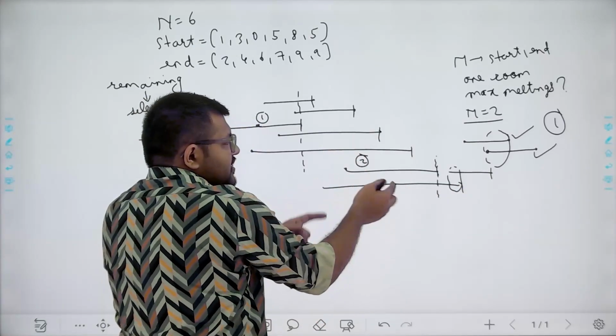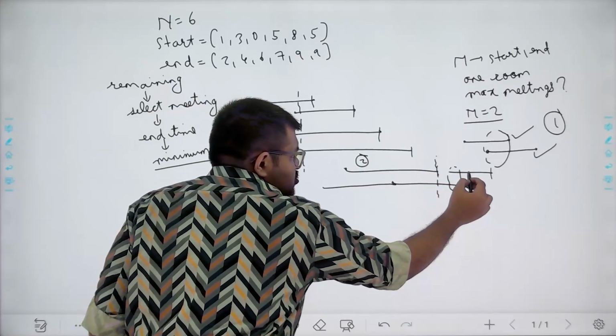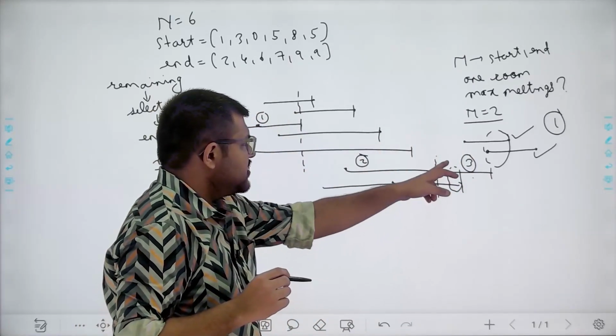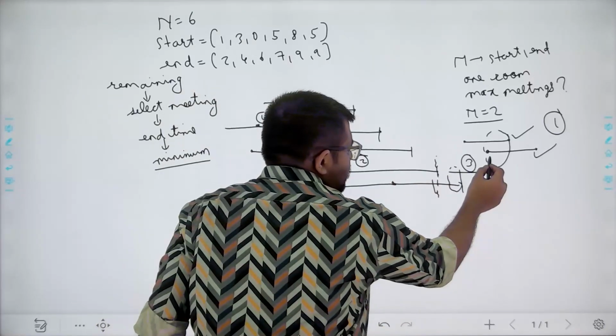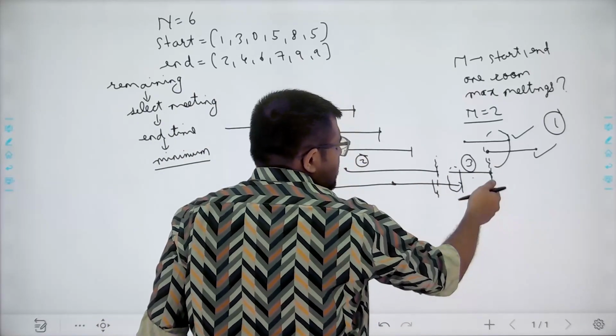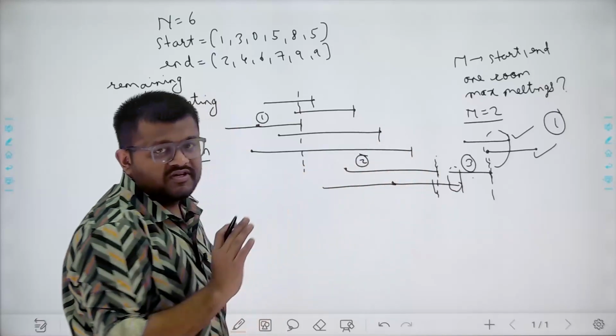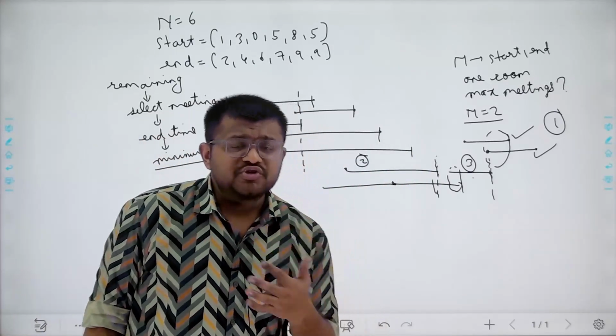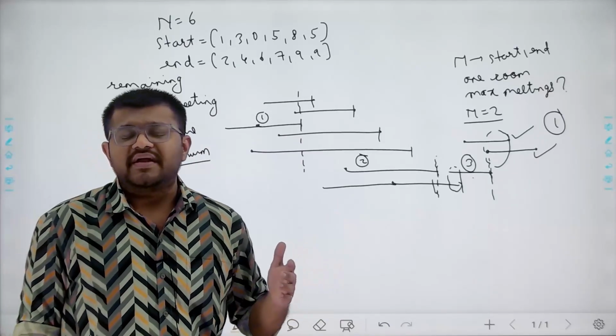But because we selected this meeting which ends here, we can also select this meet and conduct this meet, because this ending time is here and this starting time is here. Now we will select the meetings whose ending time is bigger than this, but there are no meetings, so our answer is 3. Basically our approach is, first of all, sort the meetings with respect to ending time,